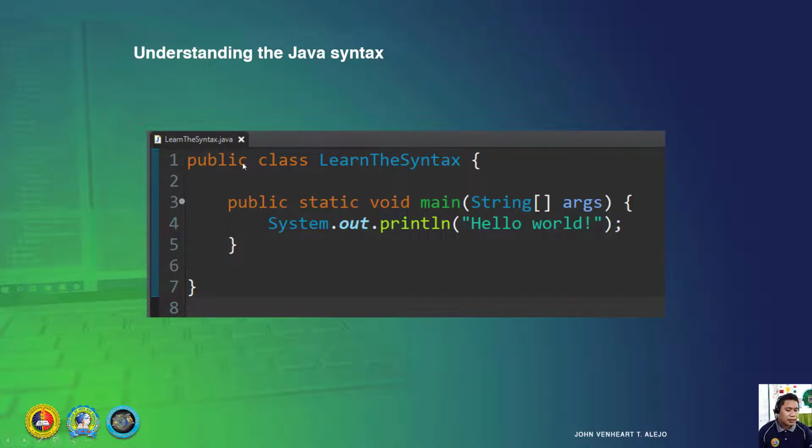Okay. Public, we call it access modifier. Access modifier is what we call the level of access to your class. Sa object-oriented programming world, first thing to consider is security. Not all of your data must be accessible to any programmers. Especially, for example, in a banking system.